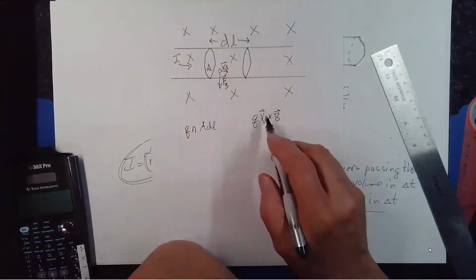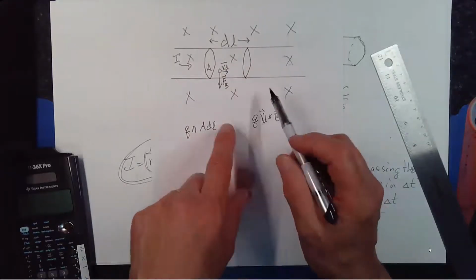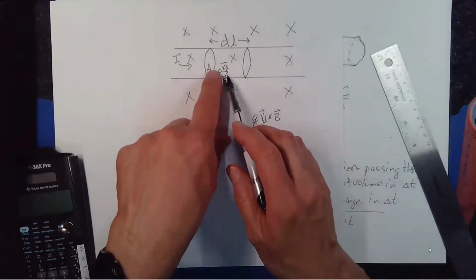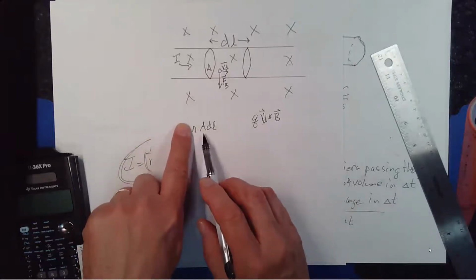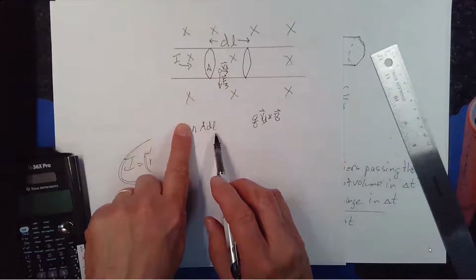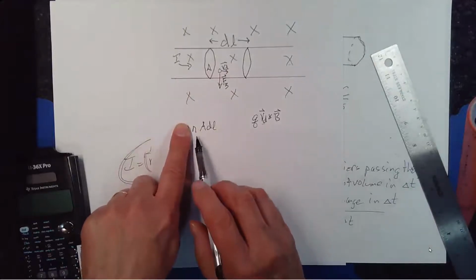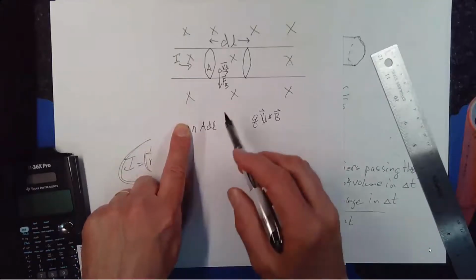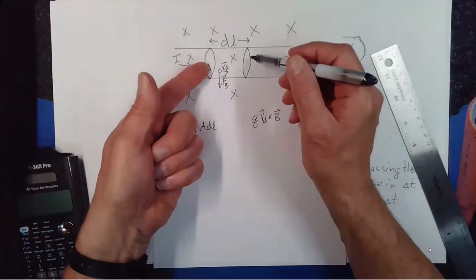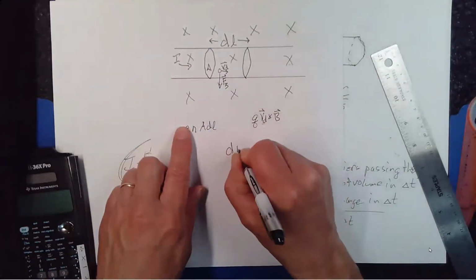And so that's the force on one charge. But I want to know the force on every charge that's in here. Well, actually, the N A dL is going to be how many charges are within that volume. Here's the volume, and N is the number of charge carriers per volume. So the total magnetic force on this chunk of wire, which I could call dF,